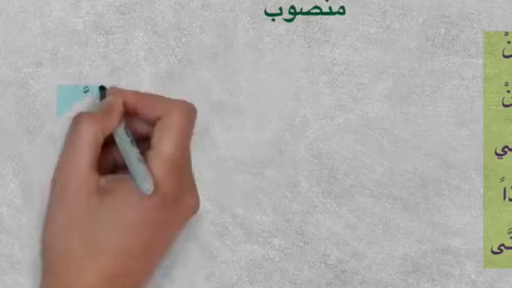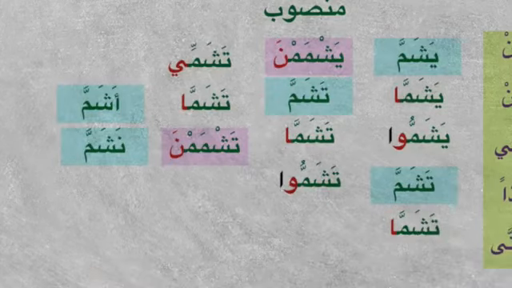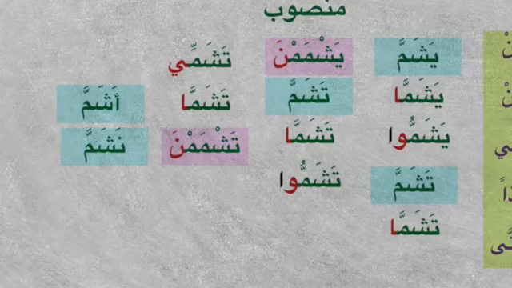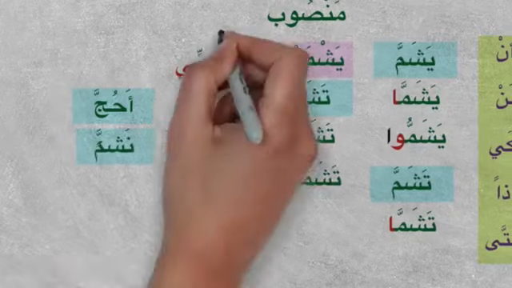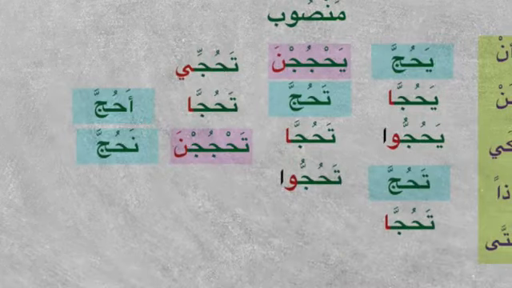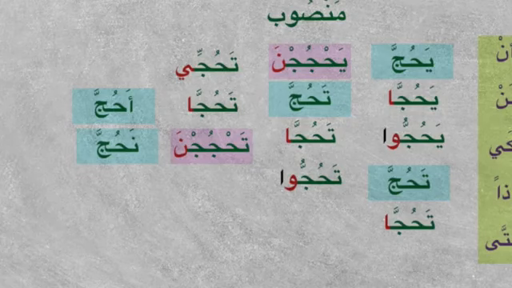So what happens, it will still look the same, but we know when a particle comes that this is majzoom and which is mansoob. So it will be again yashamma, yashamma, yashammu, tashamma, yashmamna. So again hajja will be yahjujna. So this is the muda'af, and this